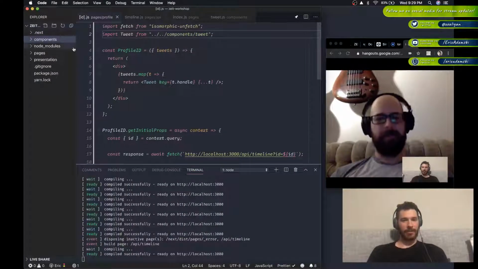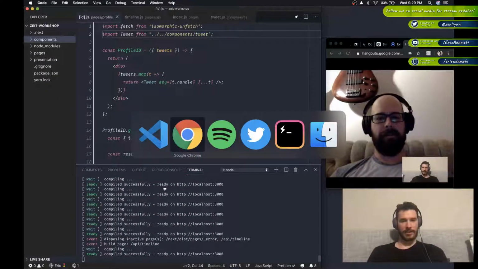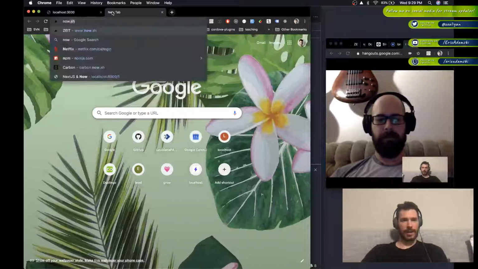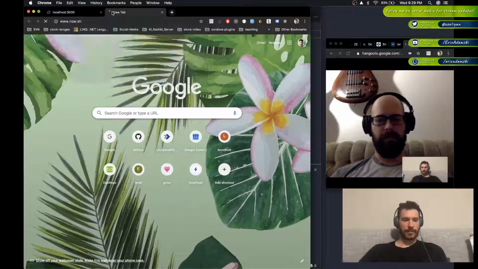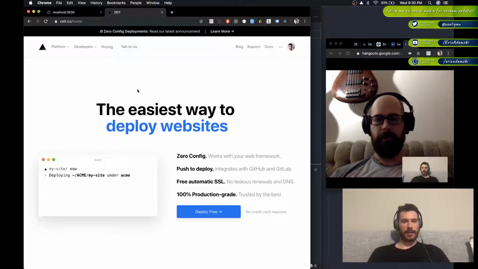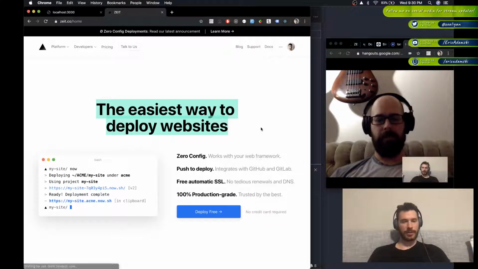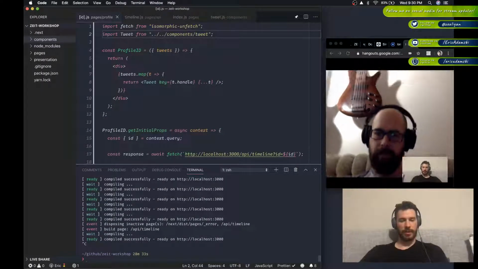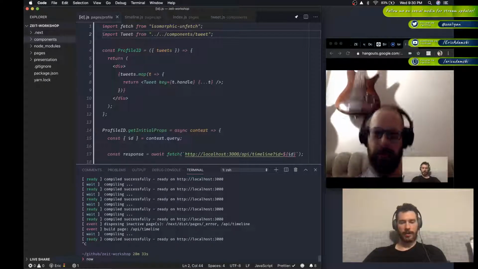How do we put this on the interwebs? So now is Zeit's other product, now.sh. If I head over there, it's going to redirect me to Zeit.co, their homepage. Easiest way to deploy websites, we're not even kidding. So you literally just go in. I already have an account, and I'm not sure if you have to create an account first to do this, but if I go in here and type now on my command line,